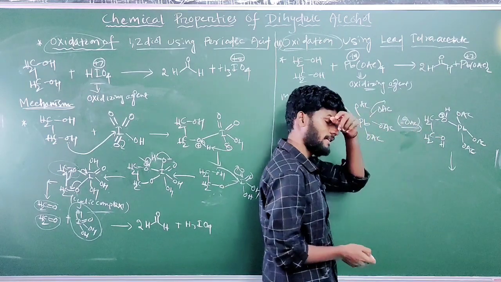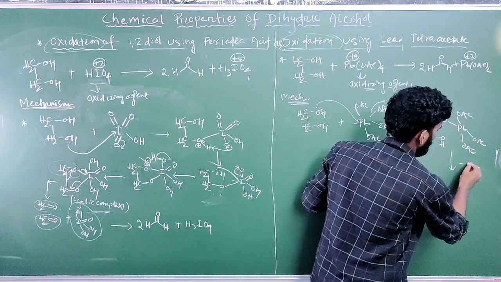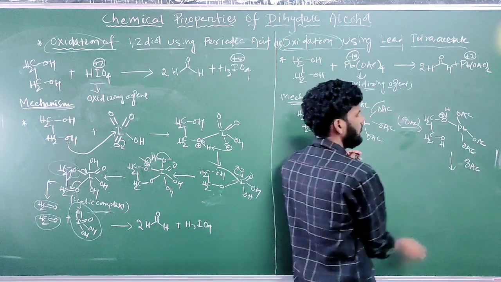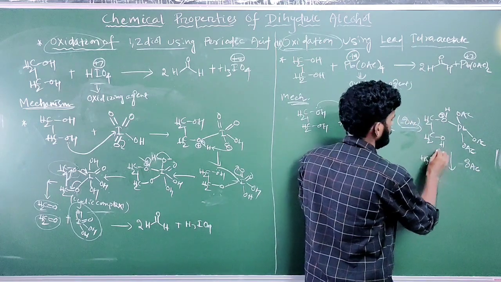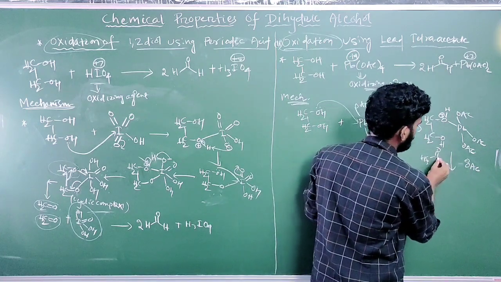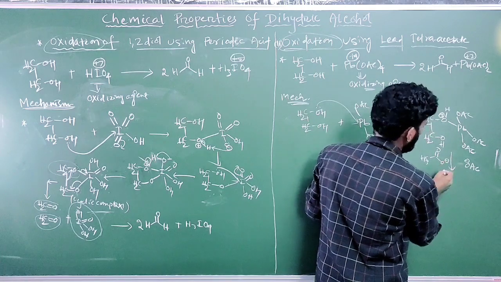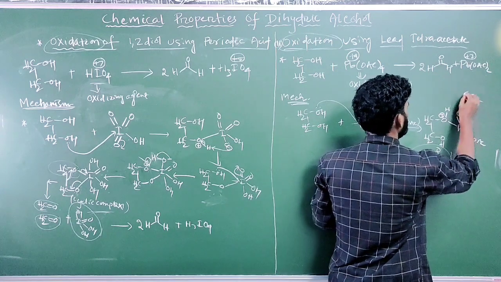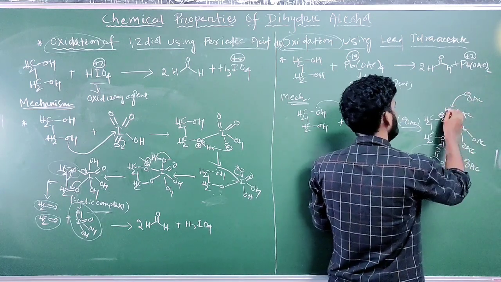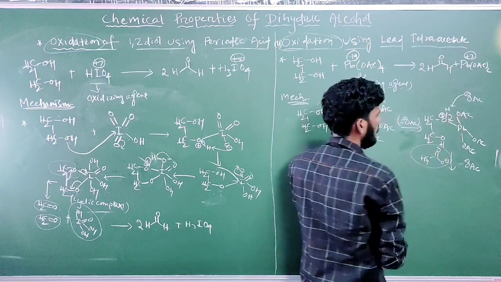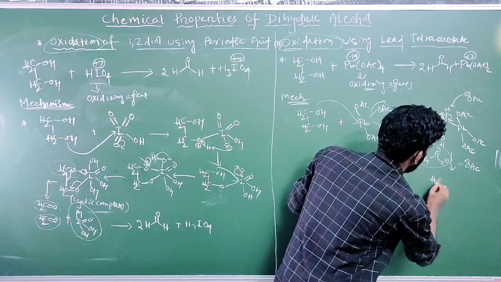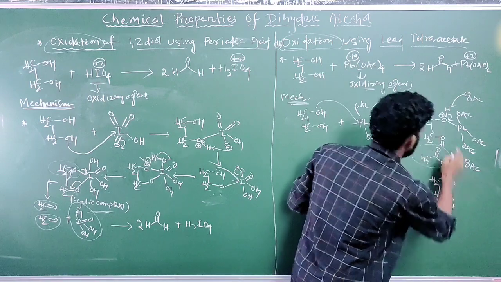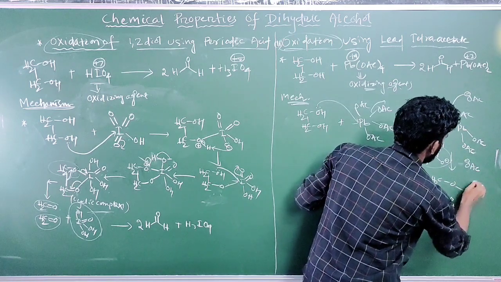Here we have OAc minus, the acetate ion, which leaves as a leaving group. So present in the solution is OAc minus, or you can write it as CH3COO minus. The acetate ion takes the hydrogen, and this bond moves over to the oxygen. It will neutralize the oxygen atom, and the oxygen is now attached to Pb and three OAc.